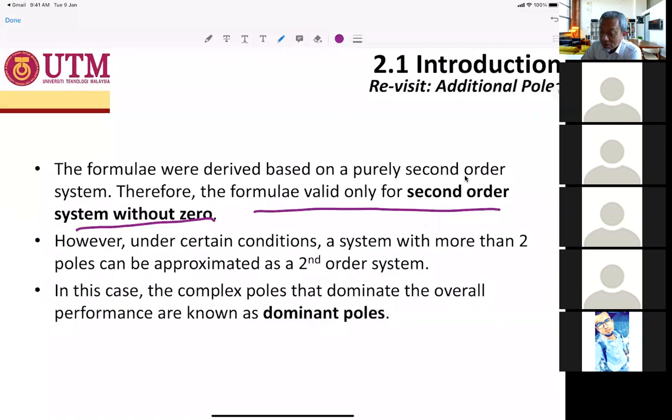However, under certain conditions, a system with more than 2 poles, let's say 3 poles, can be assumed as a second order system, provided that the complex poles are dominant and the third pole is less dominant. In this case, the complex poles that dominate the overall performance are known as the dominant poles. For example,